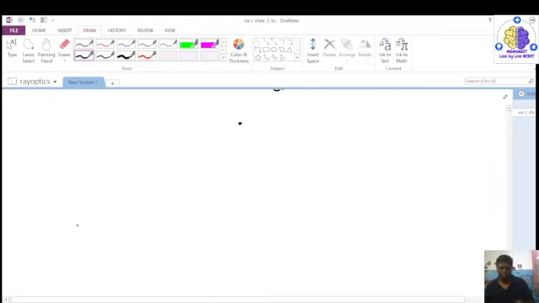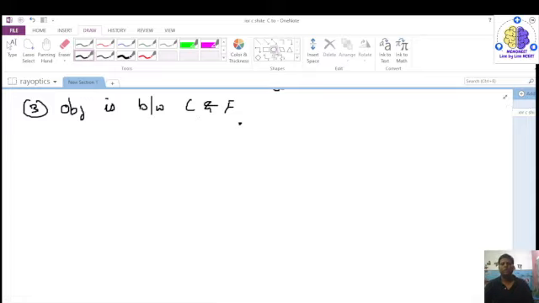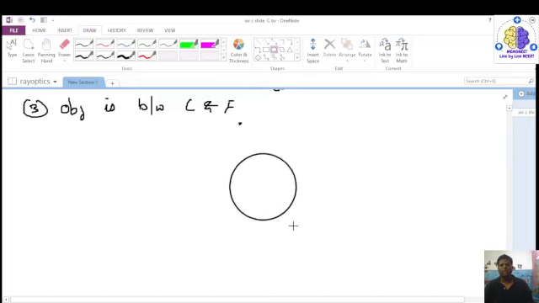Now let's come to the third position of the object. The third position of the object is when the object is between center of curvature and focus. Object is between center of curvature and focus. So if this is our concave mirror, this is its center,